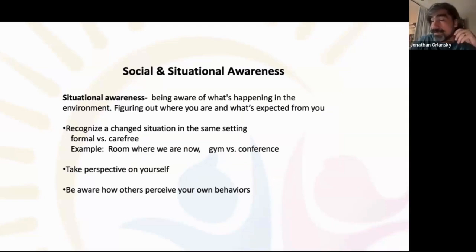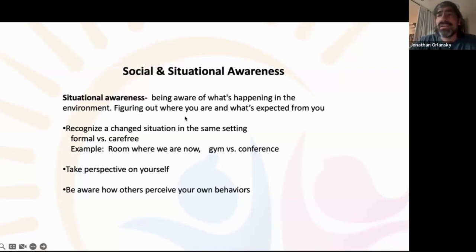That's because there's an expectation for volume, running around, what you can do with your body, what you can do with your voice, all these kinds of things that might be inappropriate in one setting. Sort of describing a gym here. You can basically go wild as long as you're not knocking people over, versus a conference room or an assembly if we're talking about a school setting, where the expectation is very different. You're meant to have a calm body, stay sitting, engage in joint attention, have a quiet voice, all that kind of thing. So knowing that those expectations change based on environments is very important.